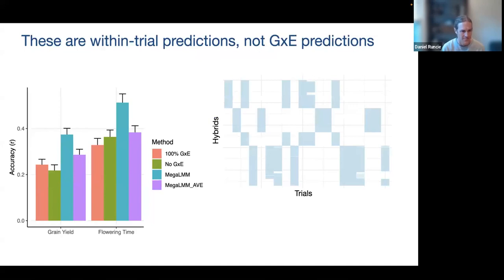However, do these results really show we're accurately predicting G by E? And I'd argue probably not. What I'm showing is the accuracy of predicting some hybrids in a trial based on measures of other hybrids in that same trial. The way that we assess this, the way we measure our accuracy, is that we take our